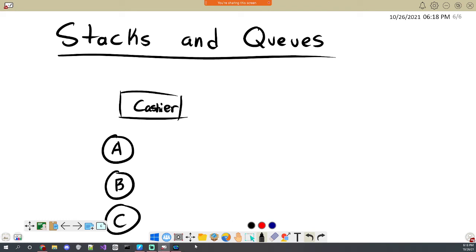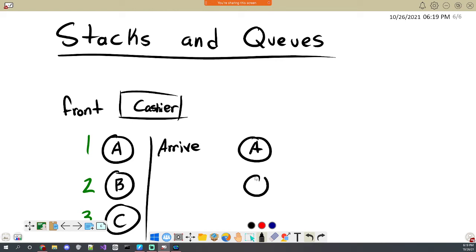Let's say you're person C. So this person got here first, this person got here second, and this person got here third, and we'll say this is the order they arrive. The order that these people go up to the cashier and check out is going to be the same order that they arrived in.